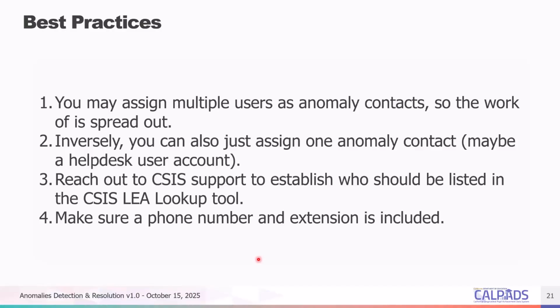Historically, accounts could be defunct or inactive, and they still show up on the list. So as Kyron's talking about using the lookup tool, that's the most accurate contact information. You'll even see, if we helped the LEA before and we have an account for them, CSIS staff listed as anomaly contacts. That's correct. So if you look at your list of anomaly contacts and you see my name in there,